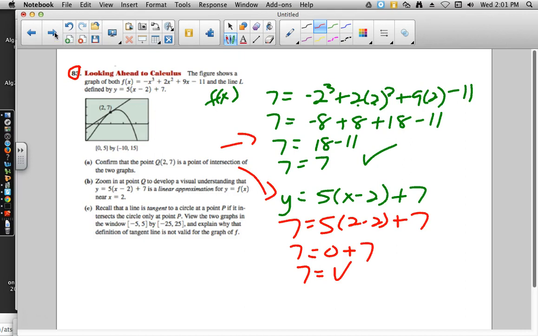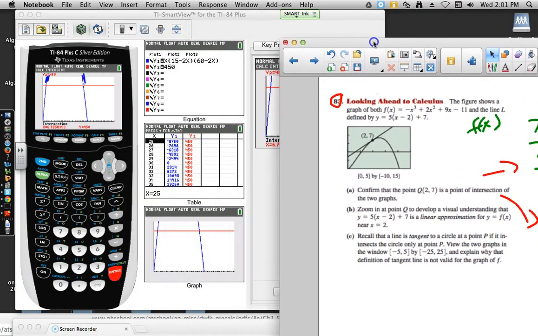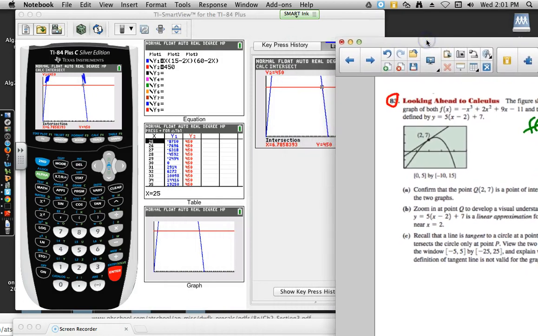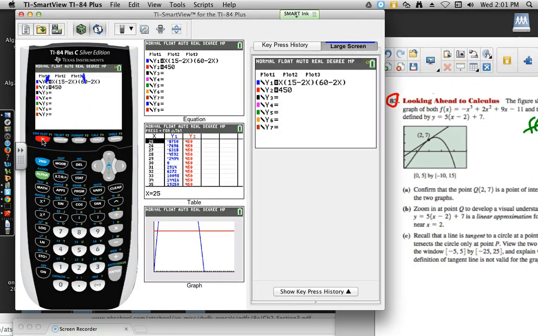B says zoom in at point Q to develop a visual understanding that y equals f of the quantity (x minus 2) plus 7 is a linear approximation for y equals f of x near 2. And that would just be a matter of getting it in here at their window and then doing a little zoom in so we can see what's going on. So y equals,